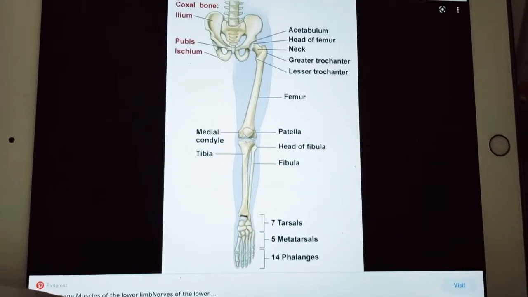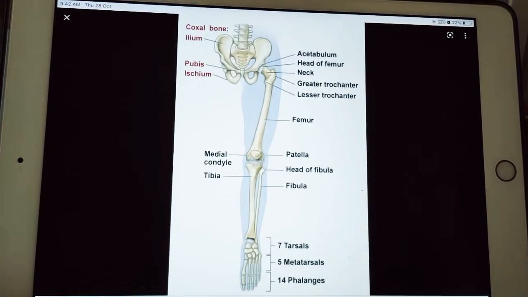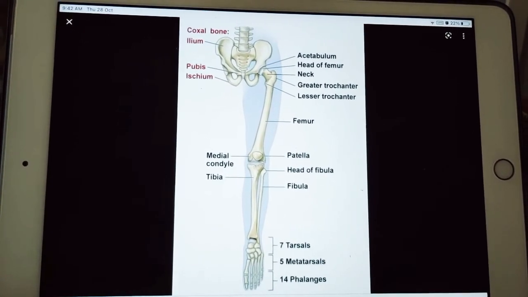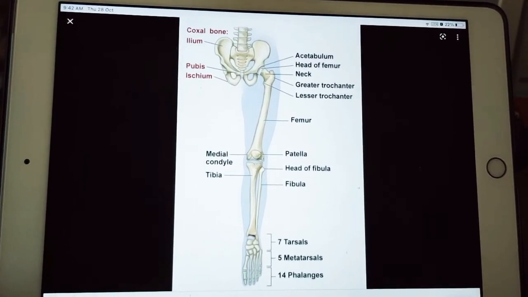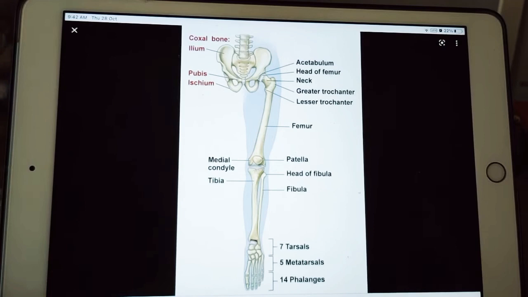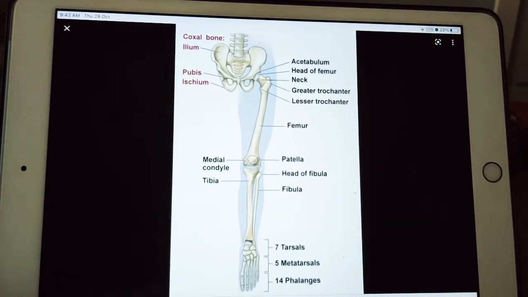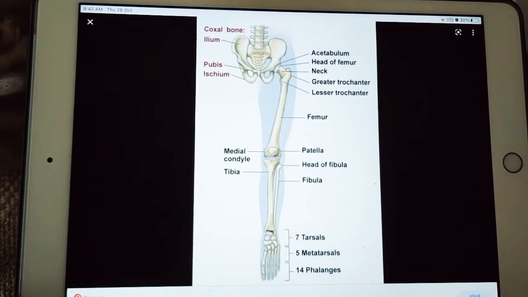So let's start lower limb introduction. The lower limb mainly contains heavy and bulky muscles, and it looks bulkier when compared with your upper limb. Why? Because it maintains all of your weight, because you are standing on it, right? So your weight is balanced mainly because of your lower limb.